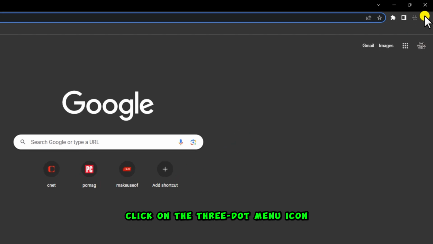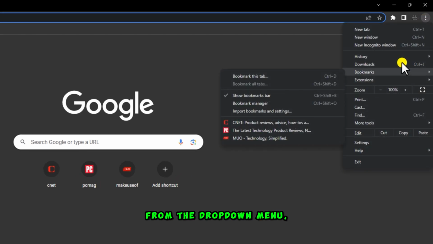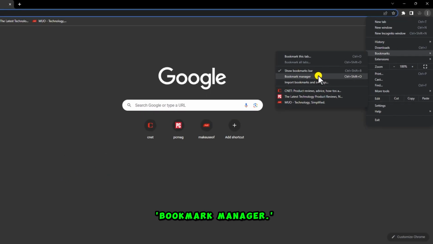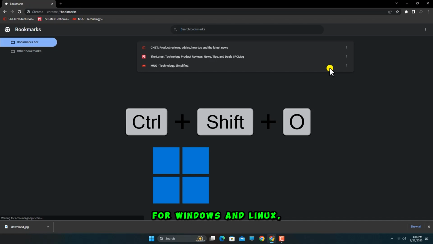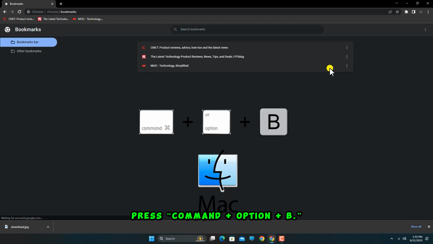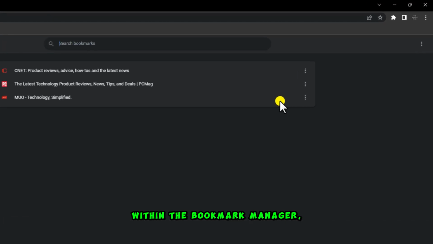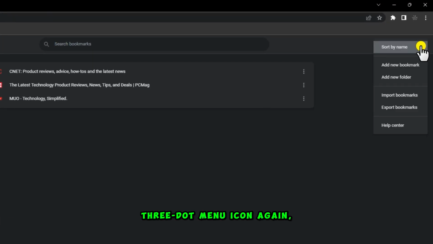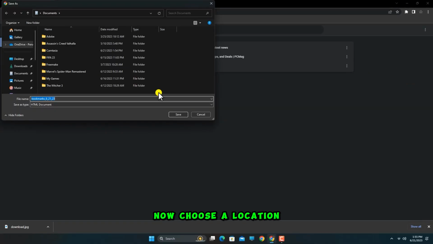Click on the three-dot menu icon in the top right corner and select Bookmarks. From the drop-down menu, choose Bookmark Manager, or simply press Ctrl+Shift+O for Windows and Linux. For Mac, press Command+Option+B. Now, within the Bookmark Manager, click on the three-dot menu icon again, and this time select Export Bookmarks. Now choose a location on your computer and enter the name, and save an HTML file of your